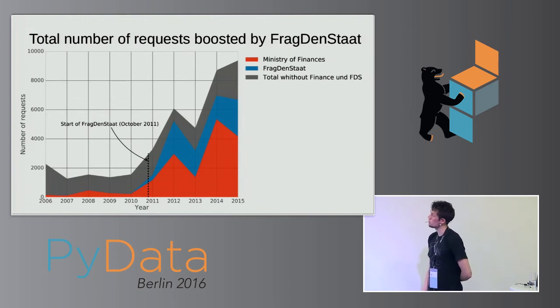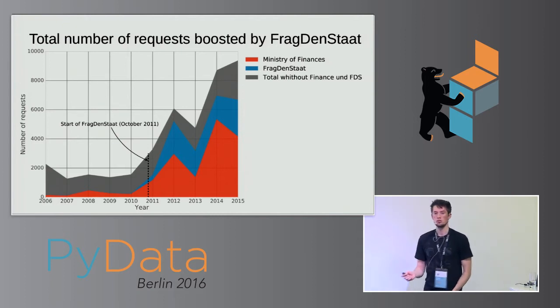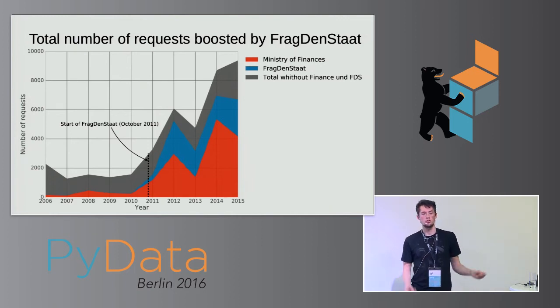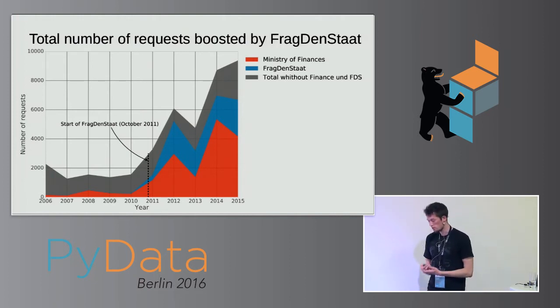What I also showed here is what fraction of the requests is going to the Ministry of Finance. Because as you can see, in 2012 there are so many requests, only like half of the requests are going to the Ministry of Finance. And we found out that these are serial requests to the ministry made by lawyers that were getting data for their customers in lawsuits. So you can already see that data is revealing some interesting details about the requests.